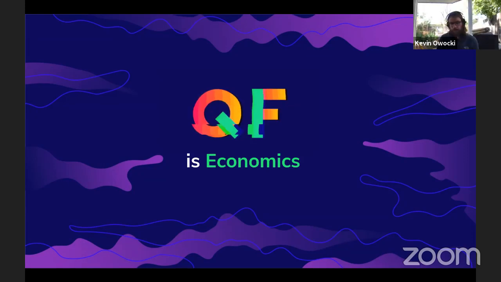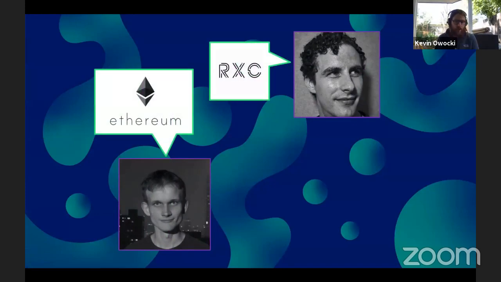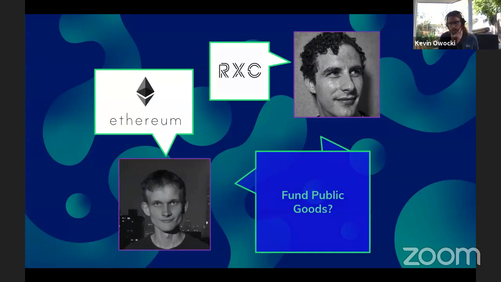math and some of the more dry parts of the paper, and hopefully wrap this up in a more fun, neon, engaging conversation. Quadratic funding is the baby of two economists: Vitalik Buterin, the founder of the Ethereum project, and Glen Weyl, the founder of Radical Exchange and of liberal radicalism, which explores ideas for creating digital democracy, classical liberalism in a digital world.